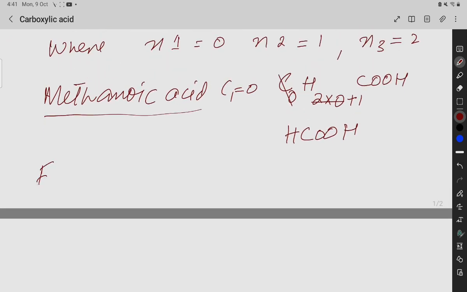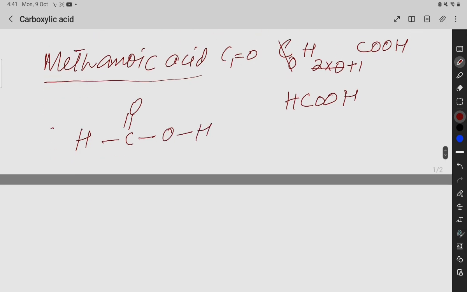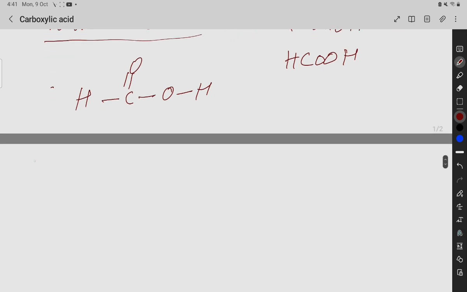तो देयर इज़ अनदर एग्जांपल, एथेनोइक एसिड. Structural formula is like this: H, C double bond O and OH. This is the structural formula. और दिस इज़ वेरी इंपॉर्टेंट टू ड्रॉ, क्योंकि ये बहुत ज़्यादा आते हैं एग्ज़ाम में, तो ये क्लियर होना चाहिए आपका. अगर आपका एथेनोइक एसिड है